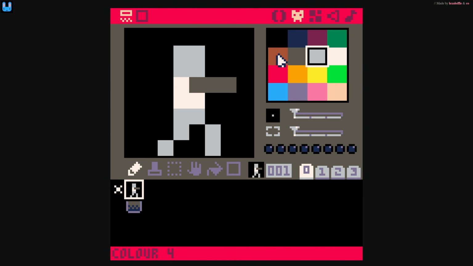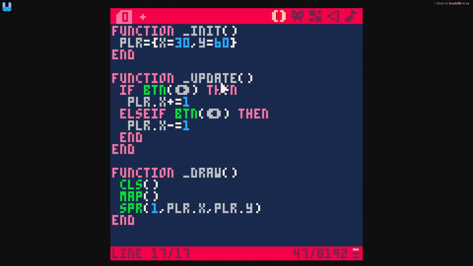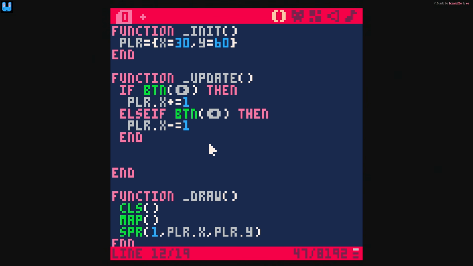So the first thing that we need to do is figure out if he is on the ground or not. And this is sort of a collision function. So let's see what we can do. What we're going to do really is, first of all, we need to get him to fall down. And so the simplest way to do that is just write something in the update like